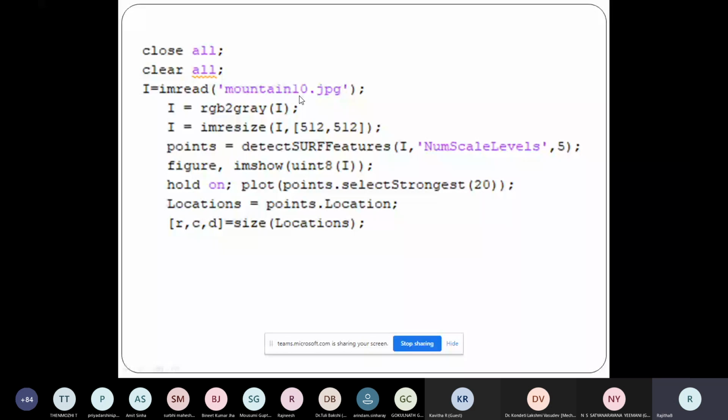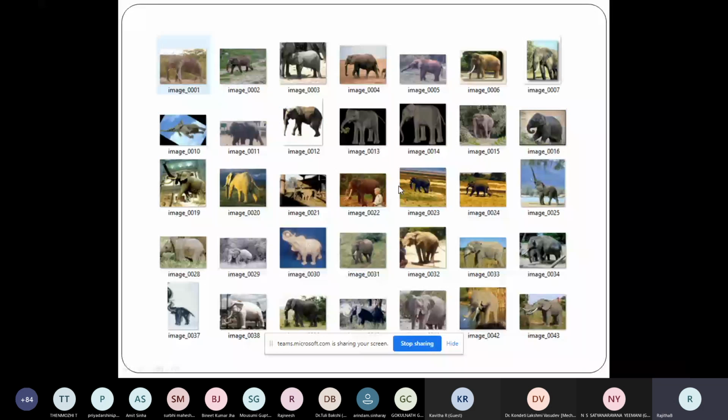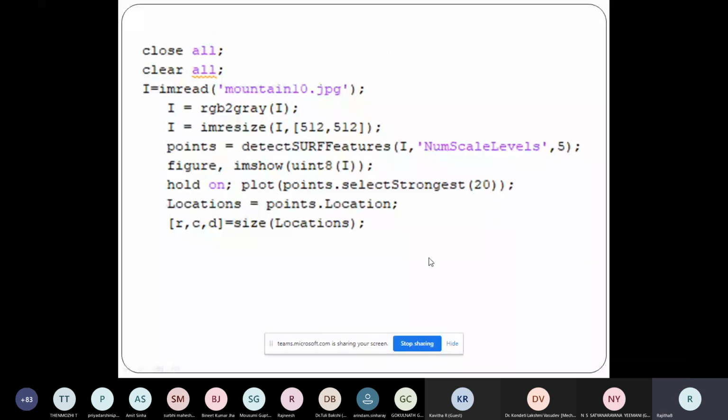Since all the images have different variations and are not of the same size, my training data is not of the same size. To make it common, we have resized all the images to 512 cross 512 to maintain our normalization.